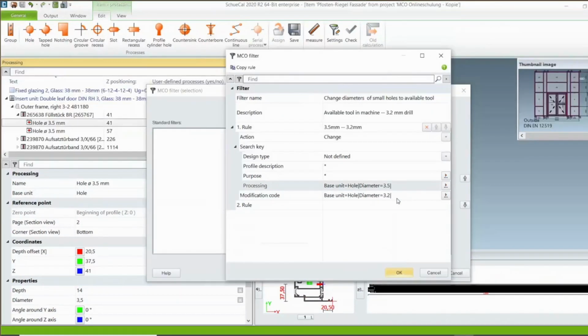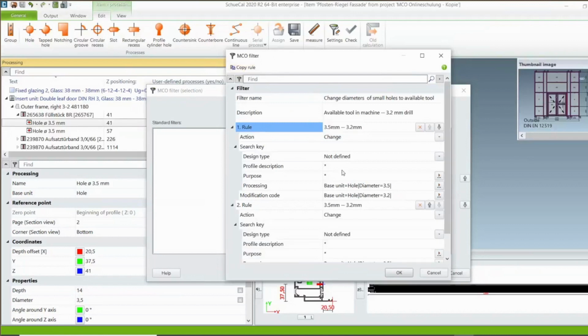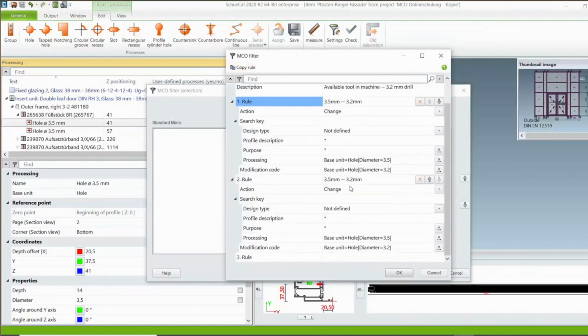Now you have the option to create a second rule. So here you find rule number 2, and you can type in here a name and create another rule, or you have the option to copy your first rule. So you can click on your rule number 1, and then you can click on the icon at the top, copy rule. Now you have a second rule, and there you only need to modify the settings. That's very helpful when your rule number 2 is nearly the same as rule number 1.